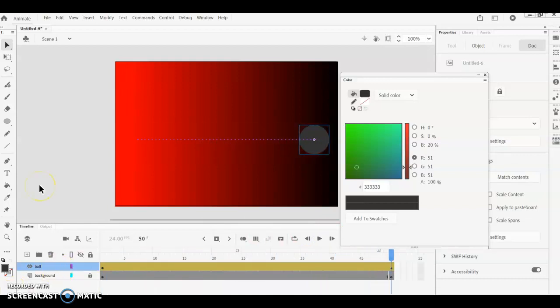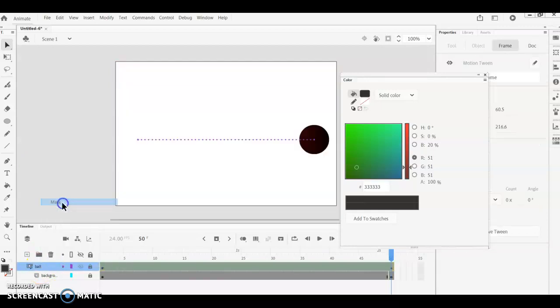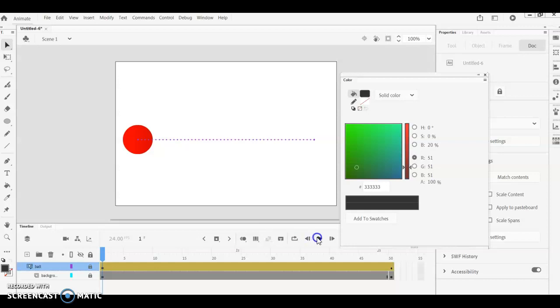And now we are going to actually apply the mask to the ball layer. We're going to right click and choose mask. Okay, so the same thing is happening, but now the ball is changing colors. It's picking up the colors from the gradient. So now we're going to create a